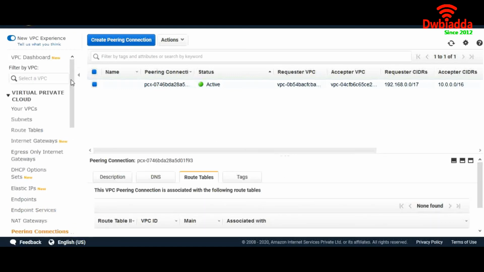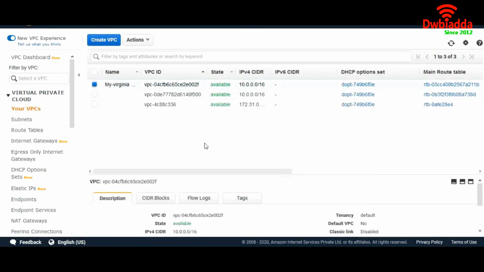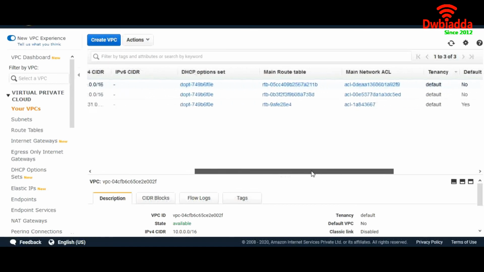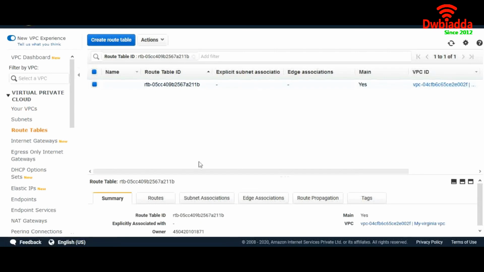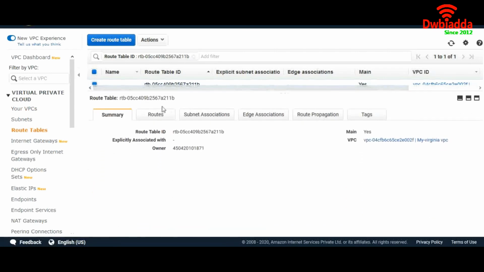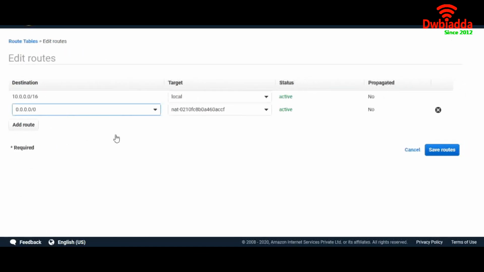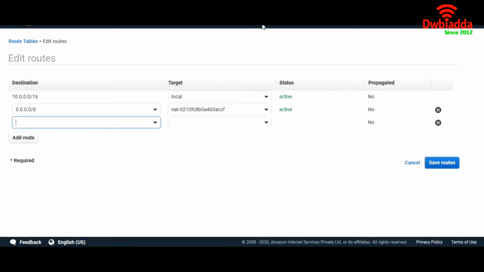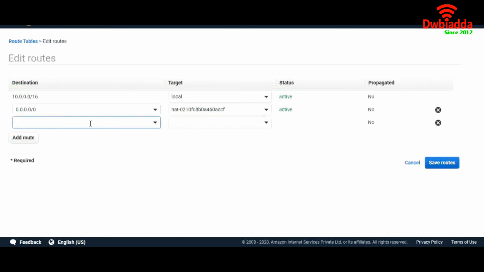I'll show you. Go to your VPC, click this, and go to main route table. Go to routes. Now edit route. We're going to add a route, and we're going to add the CIDR block of this VPC, which is this, and paste it here.